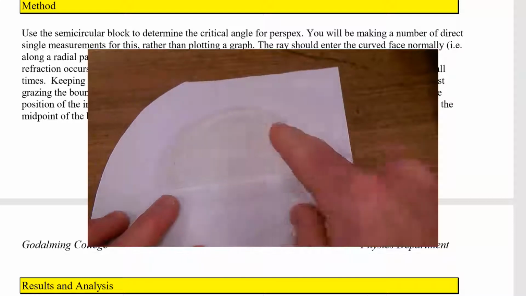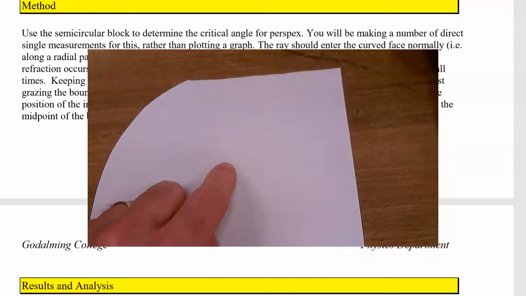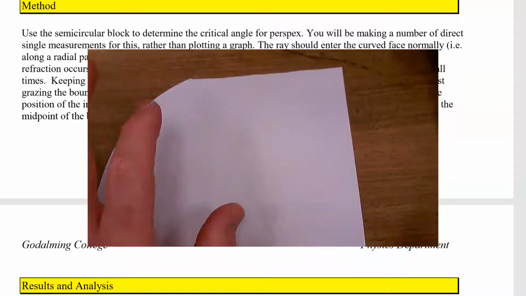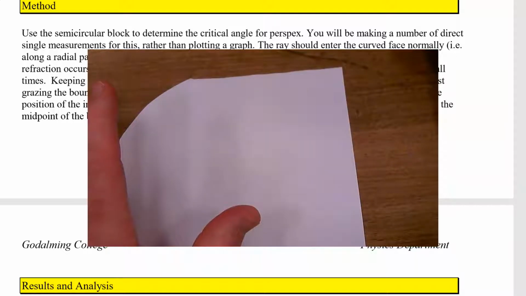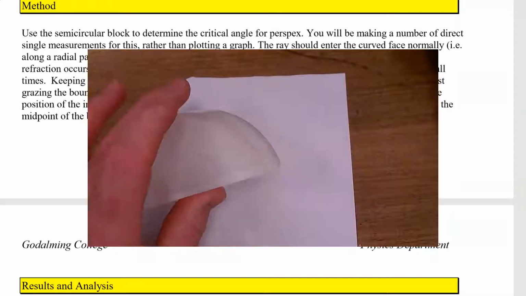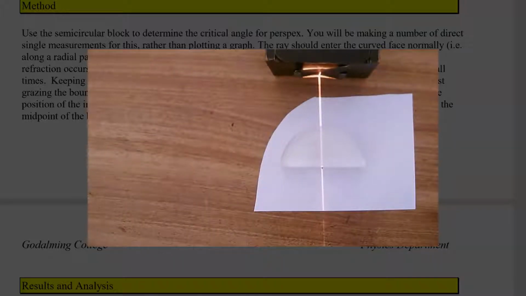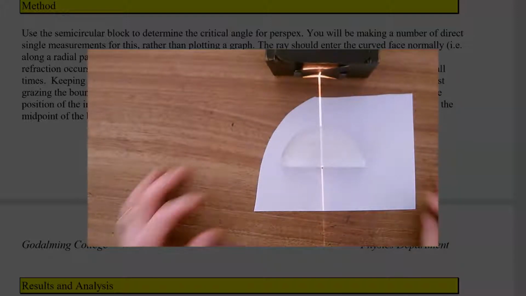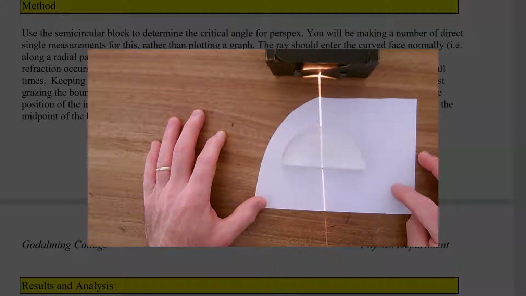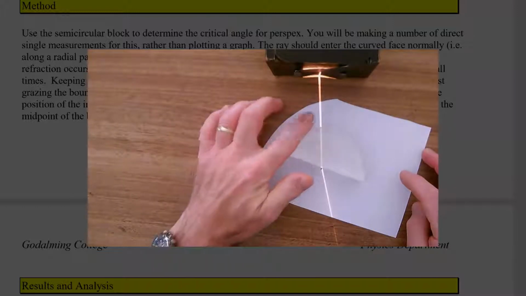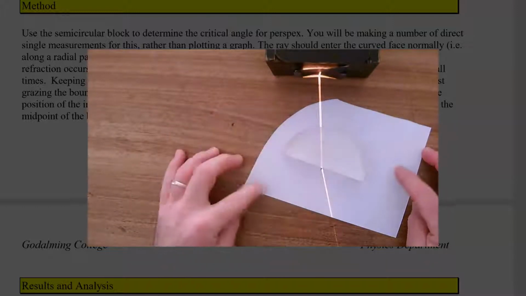So just as before, I'm going to draw around this glass block, and on the paper I'm going to really clearly mark this centre point so that I can line up my light beam very clearly. I don't need to do any angles because we're not going to do lots and lots of different angles. So I've got the Perspex lined up with the glass block, and the light ray is going directly through that centre point. This is just going to be a single measurement, so I'm just going to move this round, and as long as that light ray keeps going through the centre point, I know it's going to be going normally into the